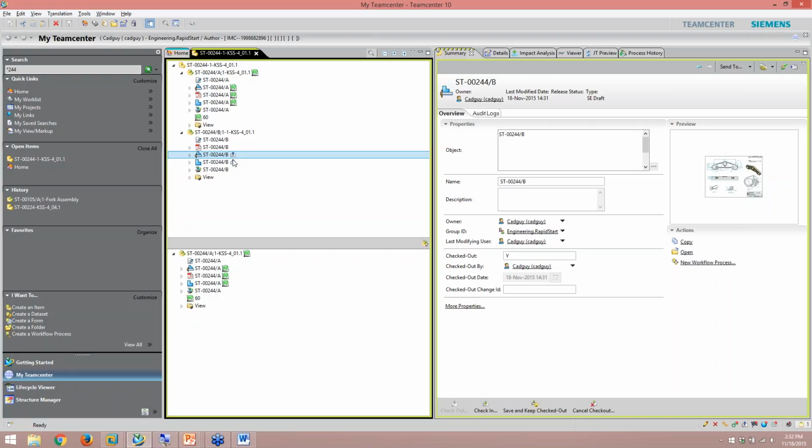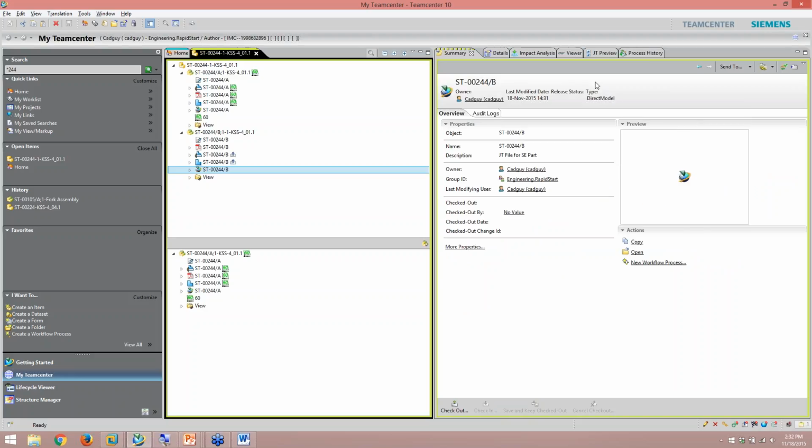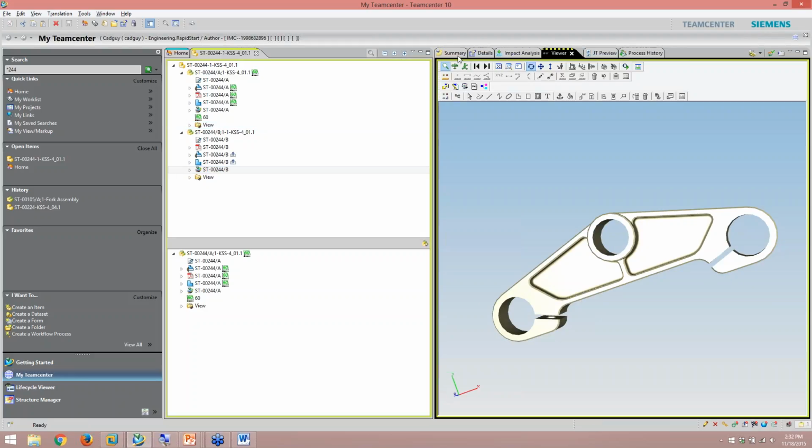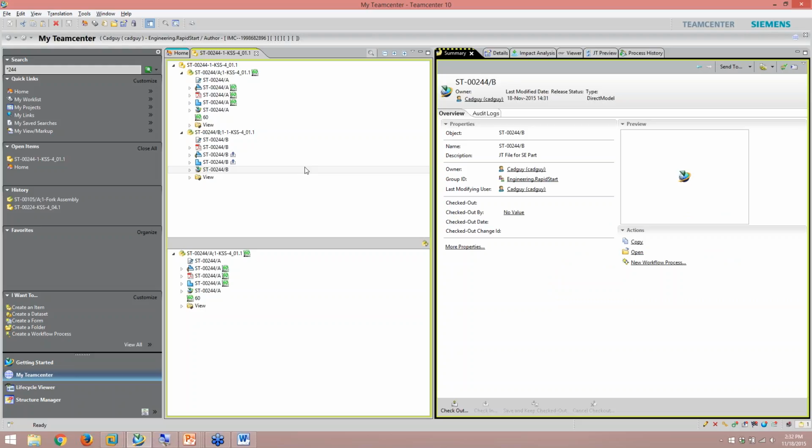You see these little symbols? It's telling me that somebody has it checked out. If I look over here in my summary tab, I could see who the last modifying user was and what time he checked it out at. I could email him, tell him, hey, I need access to this. If I was a system admin, I could do some other things. But right now, CAD guy has this open. Since I have it open, I have full access to this, so I can go ahead and change this up. Anybody else would get a read-only and have to notify me, telling me, hey, you need to relinquish your control of this. So you get the instant feedback between both the database and the CAD integration.